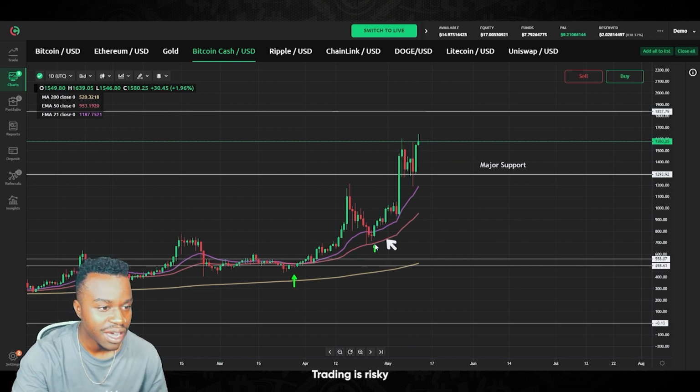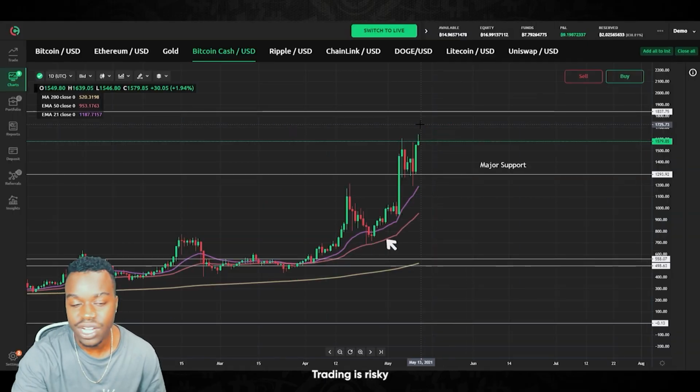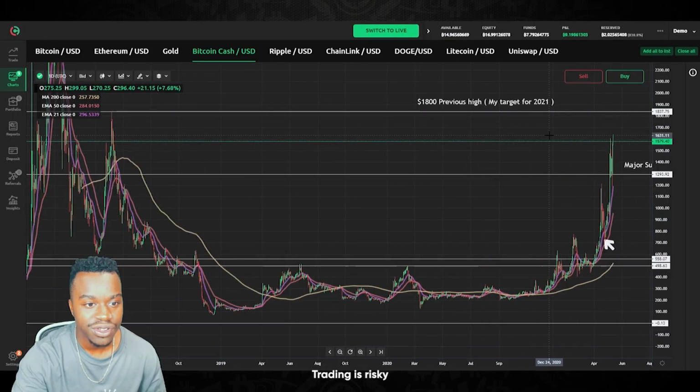You can see higher lows, price bouncing off those moving averages is exactly what we want. And we have a new yearly high with a lot of upside momentum. So the next level that I'm looking at to be tested is this $1,800 level. That is my 2021 price target for Bitcoin Cash as of right now, but it's looking like that might hit pretty soon here. And we could expect price to even head up much higher than that, much earlier than the